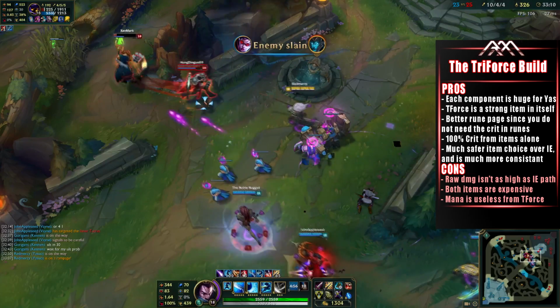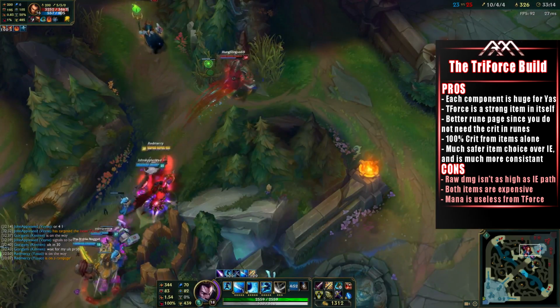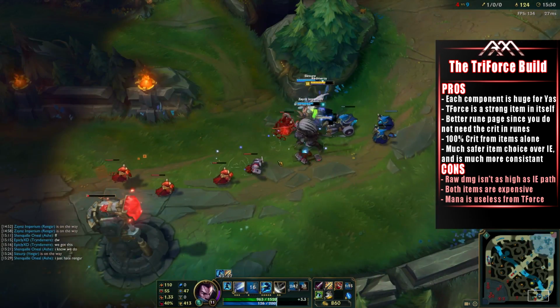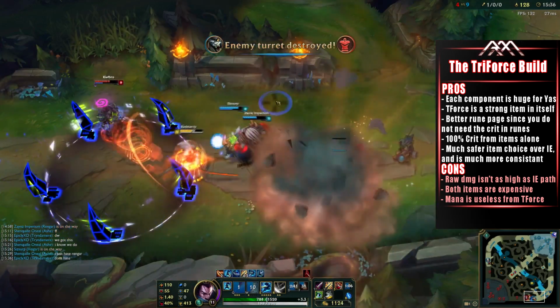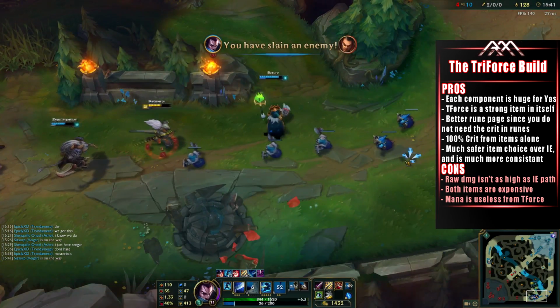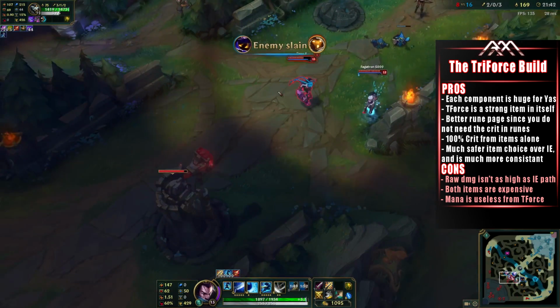So other than the flexibility of the rune pages, each component is huge for Yasuo within the Triforce item. You have the Phage for the tankiness, move speed to be even more mobile, which also synergizes with your passive, building up your flow based on of course how much you move. Then you have the Zeal to get even more attack speed and crit chance on Yasuo because that's obviously very good. And then you have the Sheen for the AP on the E ability,